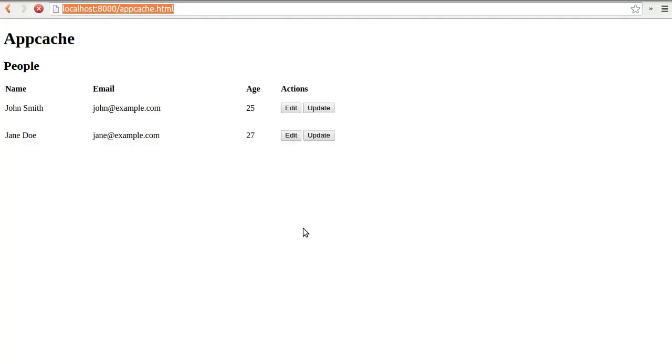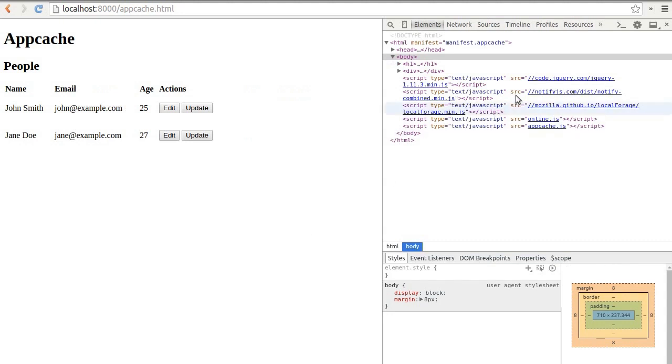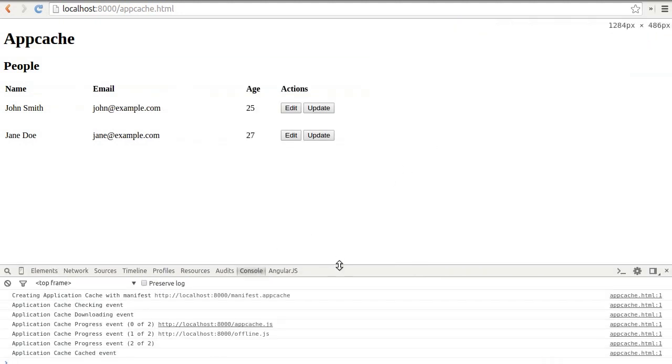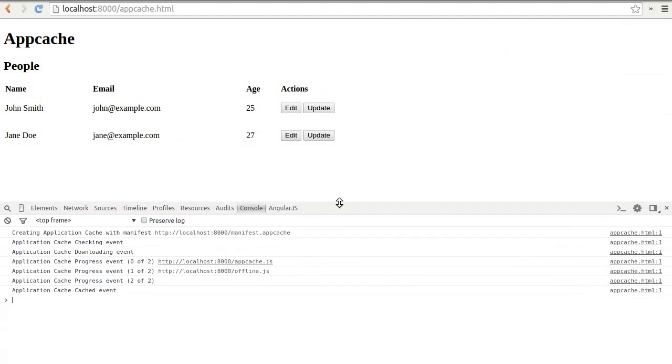So if we flip over here, and then we go ahead and load our page. Now you can see it looks pretty similar, but if we open up our console, there's a few things to note. Chrome will tell you that it's both creating the application cache and then progress you through several events that happen inside the application cache. These events all happen when you're first loading a manifest for the first time. So it will check, download it, and then iterate through all the resources,